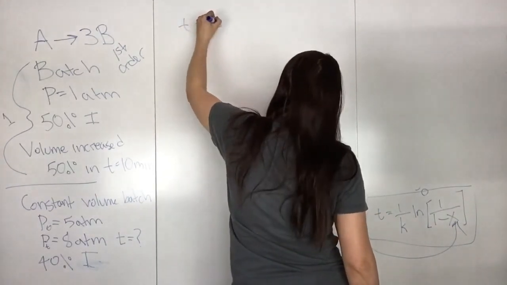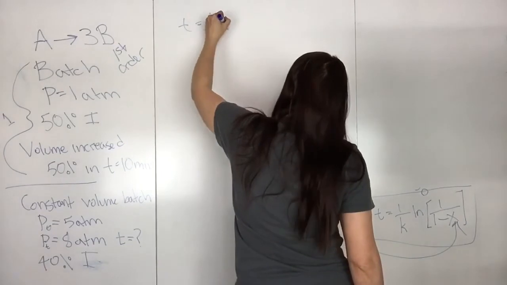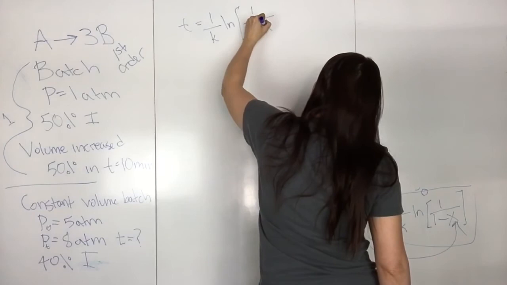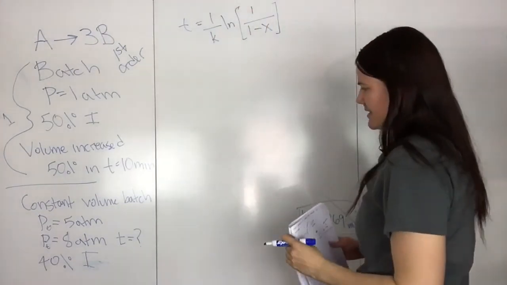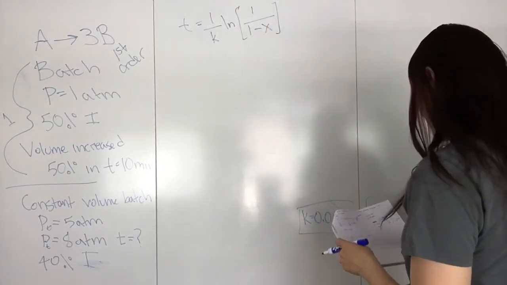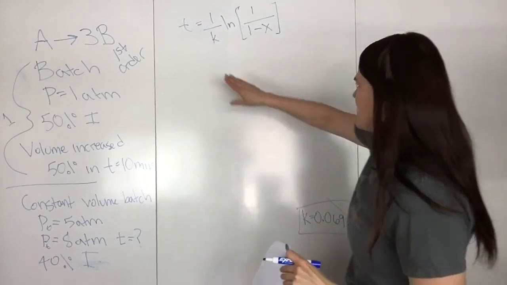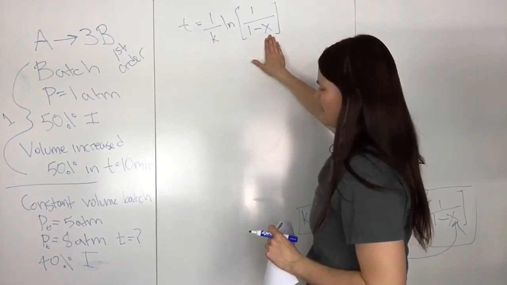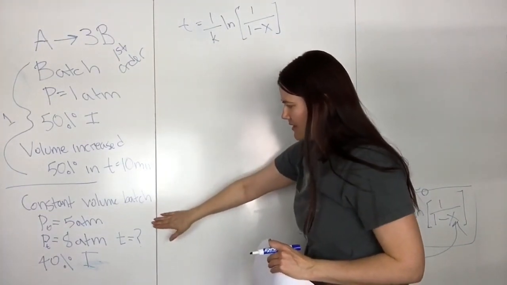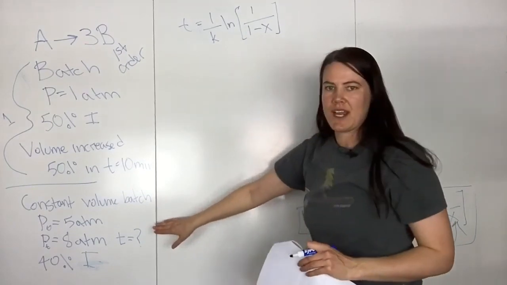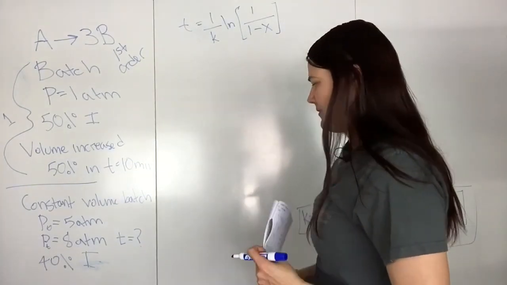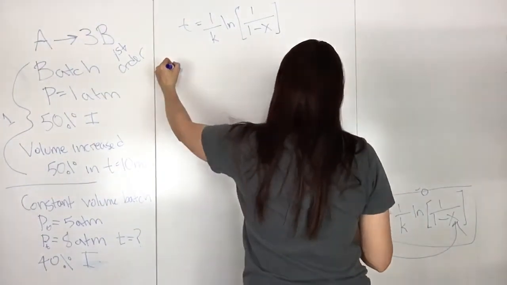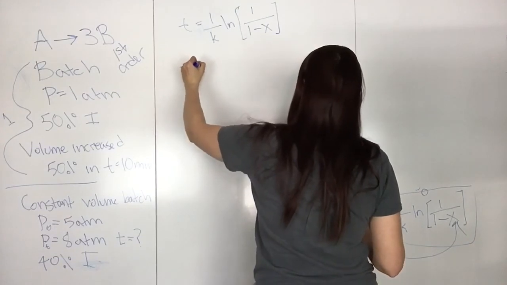So T equals 1 over K natural log 1 over 1 minus X. And so then looking at this, we want to solve for time, and we know K now. We just need to know what the conversion is. So we need to figure out what the conversion was in the reactor when the pressure increased from 5 to 8 atmospheres. And we can get that by going back to this equation that we already used,